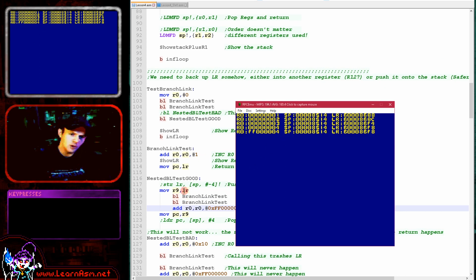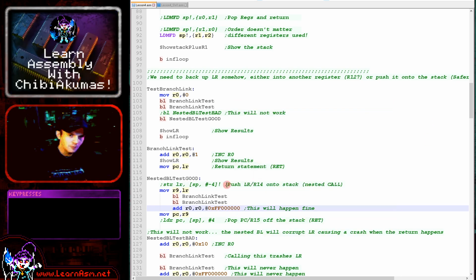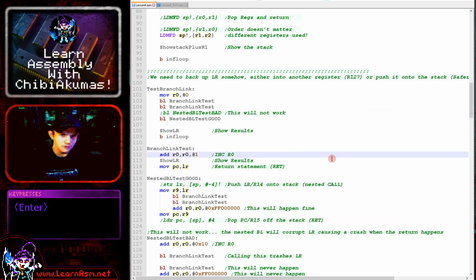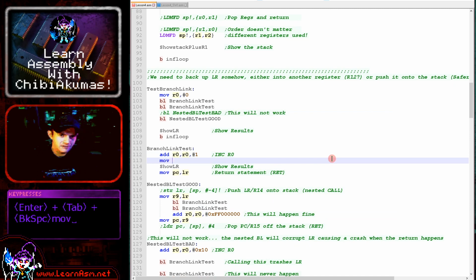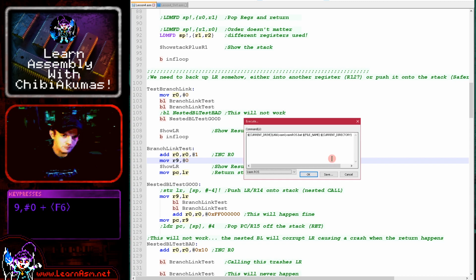Now, this only works if R9 is not corrupted in any other way. You see, this has worked fine because our last value shows the change, the FF change that we made just here. So our return did work okay. But if, for example, this code used R9, if we just do move R9, #0 here, and we just fire this up,